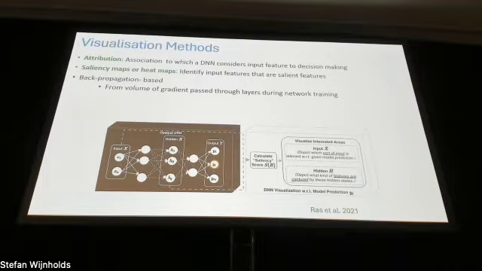When we talk about the visualization method, there's an attribution factor given to each pixel in our image or input. It is the degree of association to which a network considers the input feature, or the importance it gives that feature, in its decision making. We use a saliency map, also called a heat map, for that, whereby we can identify the salient input features. Here we're going to focus on the backpropagation-based method.